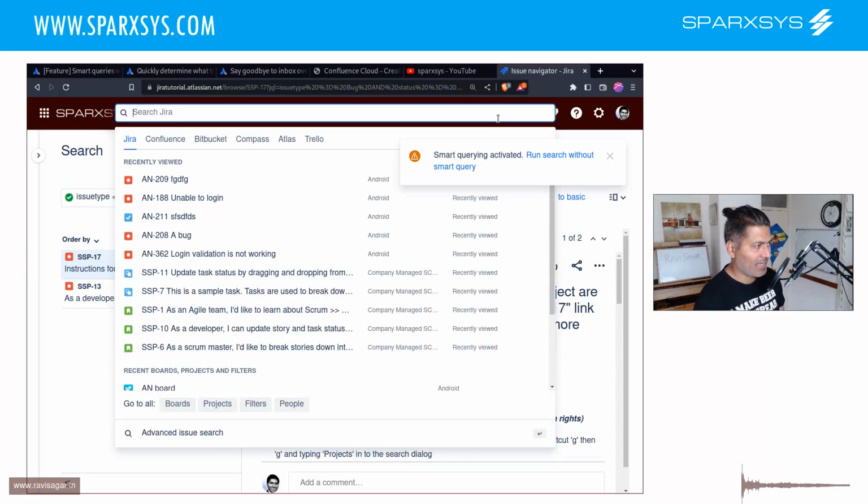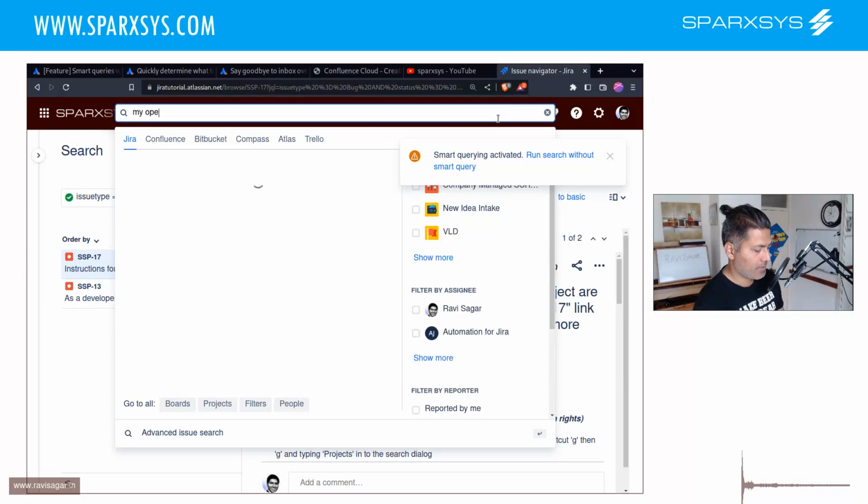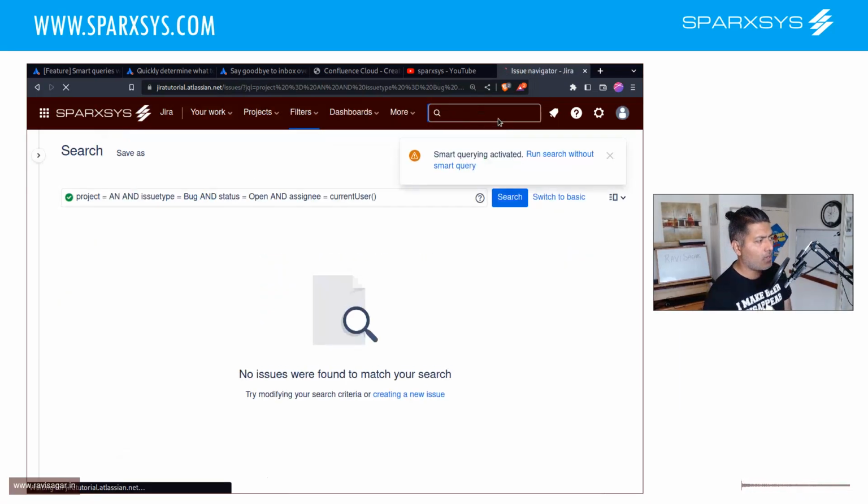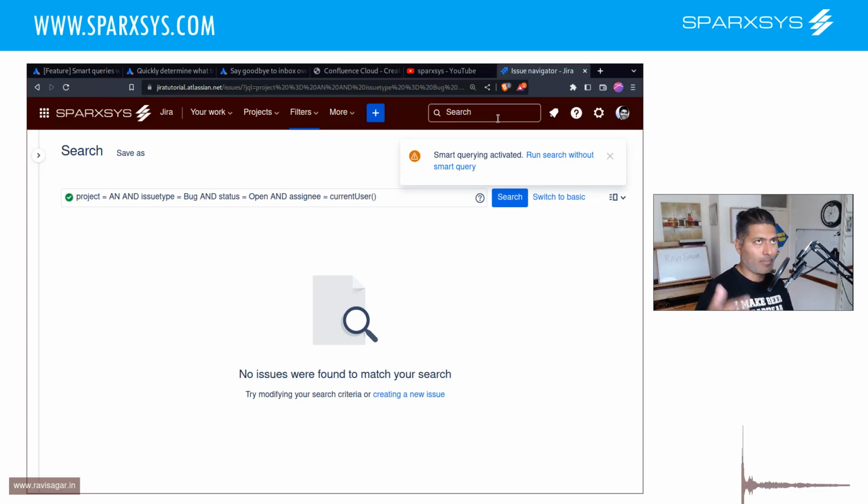If you type in something like my open bugs Android, this will work and try to make a guess, or maybe based on the keywords. For example, in my case, Android is a project, but Android might not be a project, right? It can be something else. So this is great. I think it's good, but it is something that was not really useful for each and